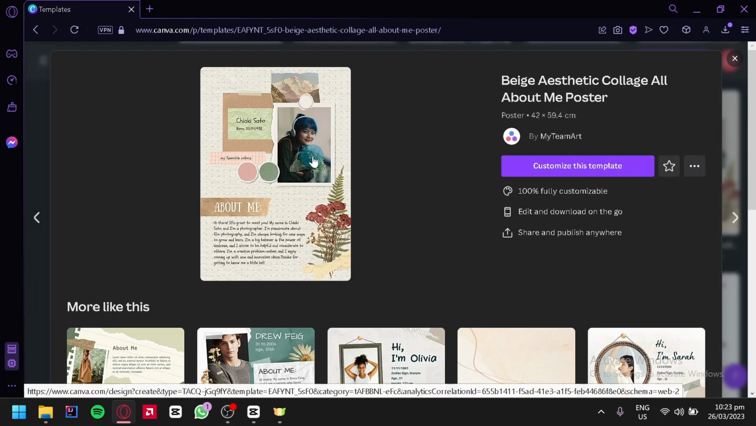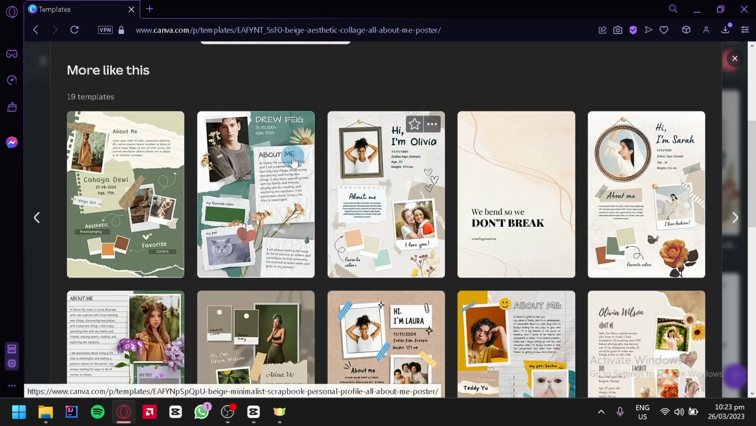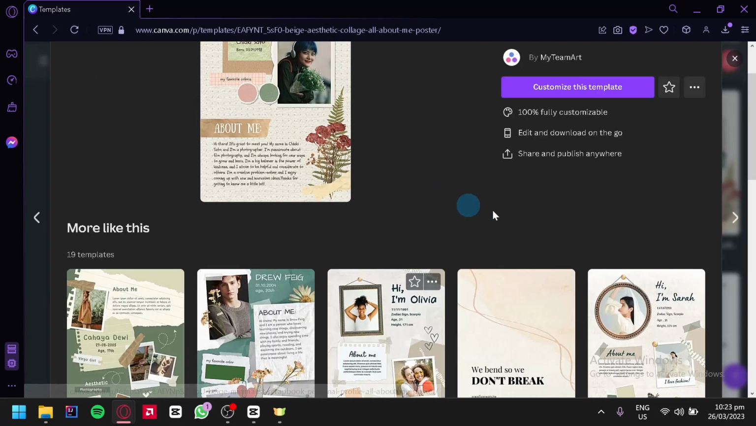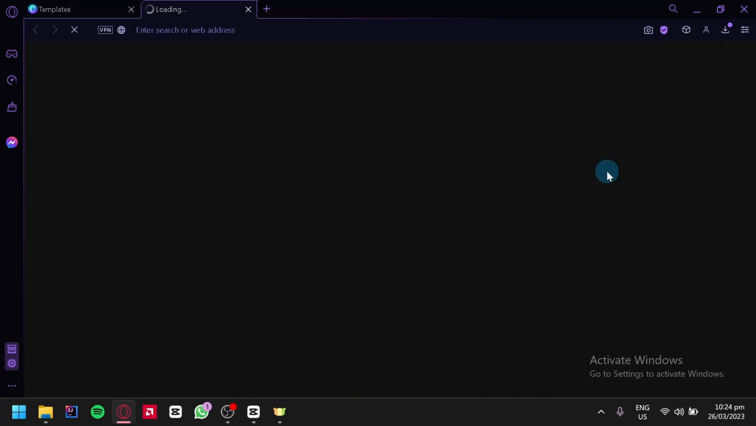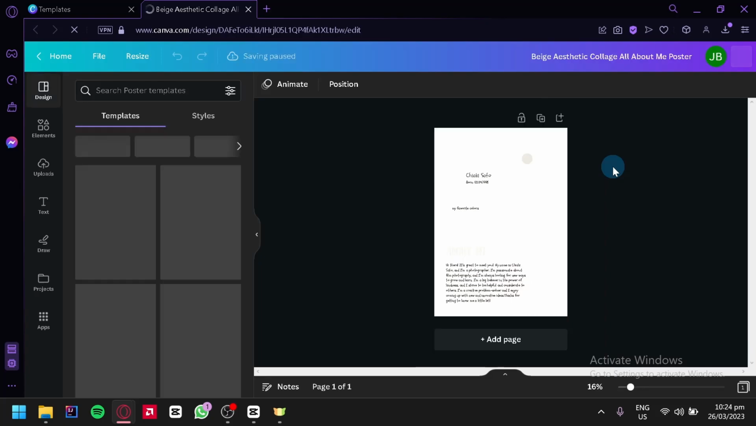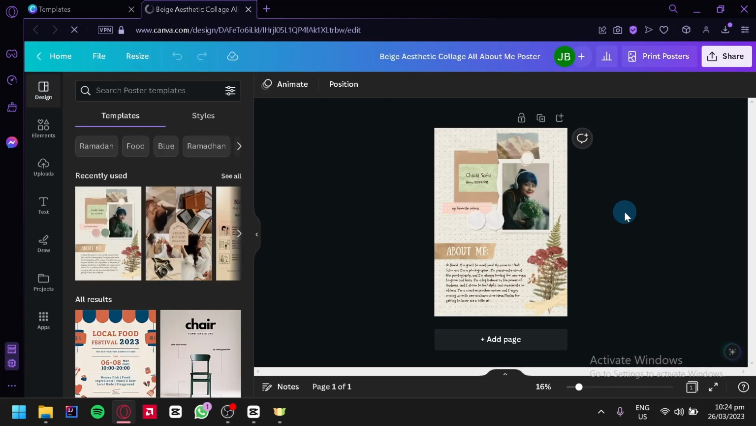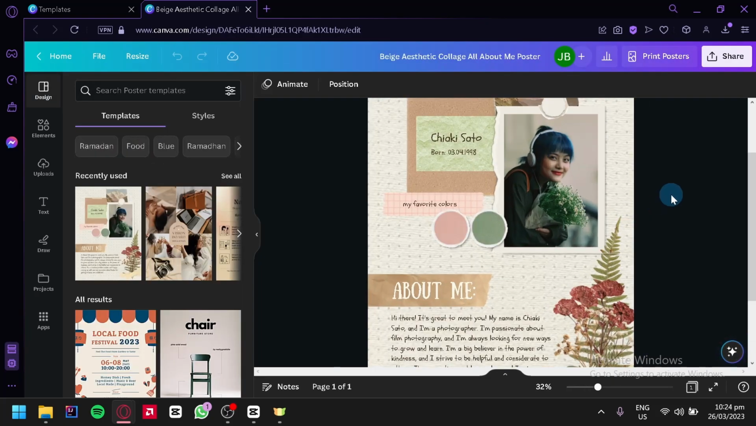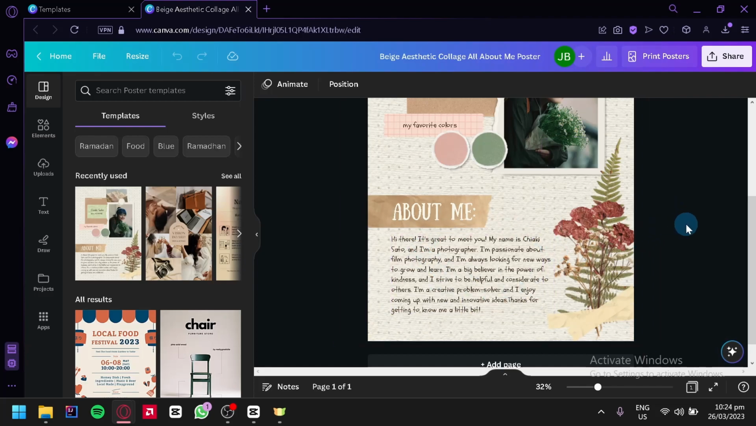This shows an image of the person, the name, and then the about me section. Below over here, we can see different similar templates that we can also use to create our own single page portfolio. So what we're going to do is we're going to click on customize this template. And we would be redirected to the editing page over here, and we would be able to change every component